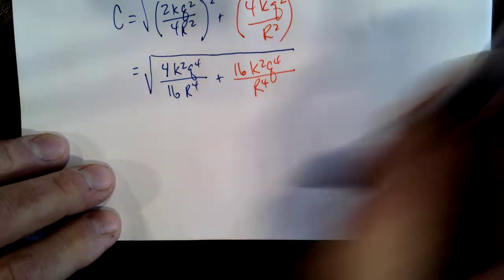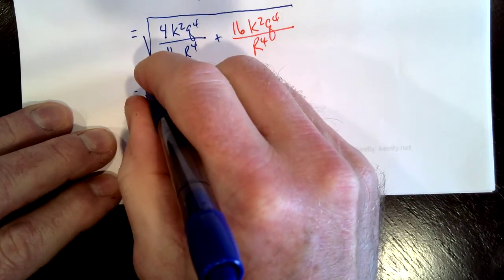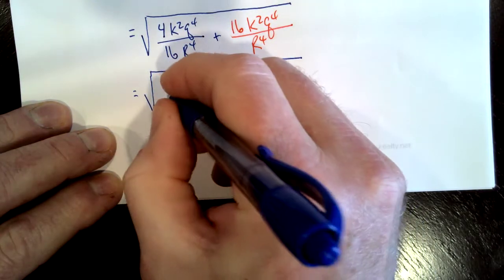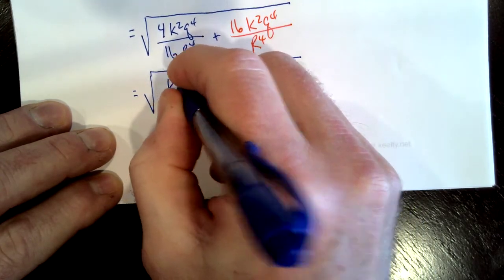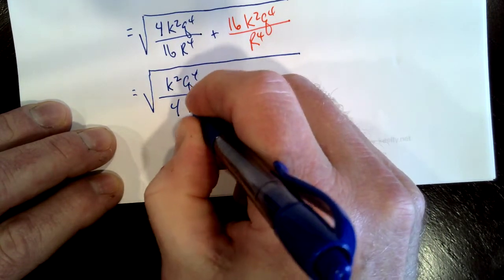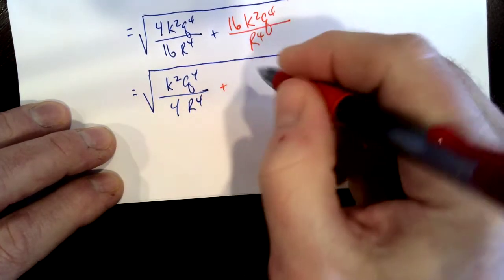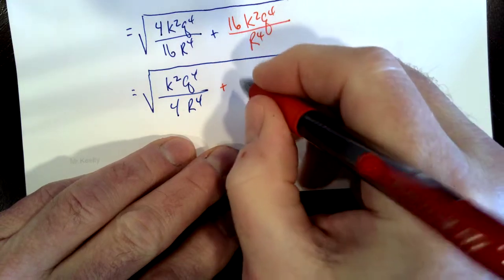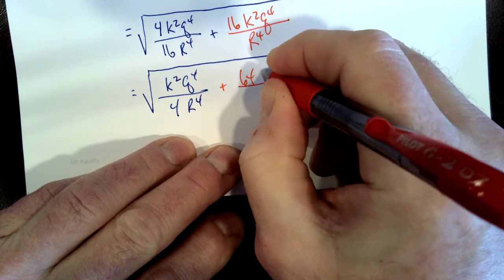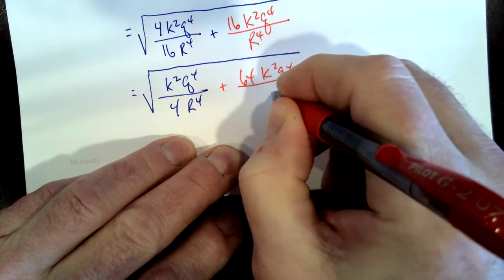All right. Equals, just to show you that step I was doing verbally, this reduces to k squared q to the fourth over 4r to the fourth. And then to get a common denominator so we can add these two together, I got to multiply top and bottom by 4. So 16, 32, 64, that's 64 k squared q to the fourth divided by